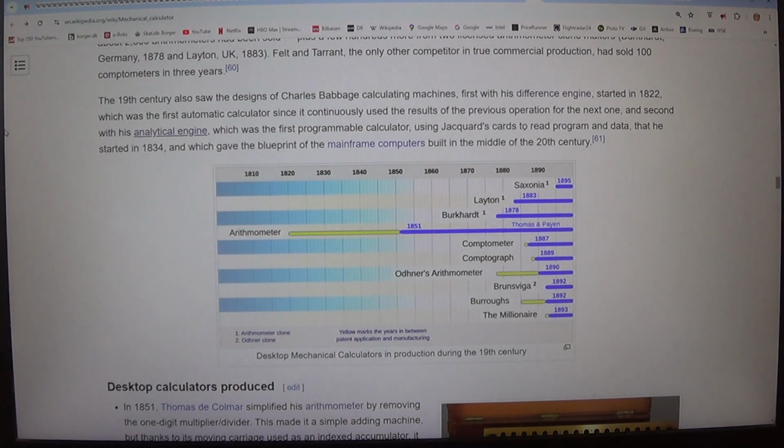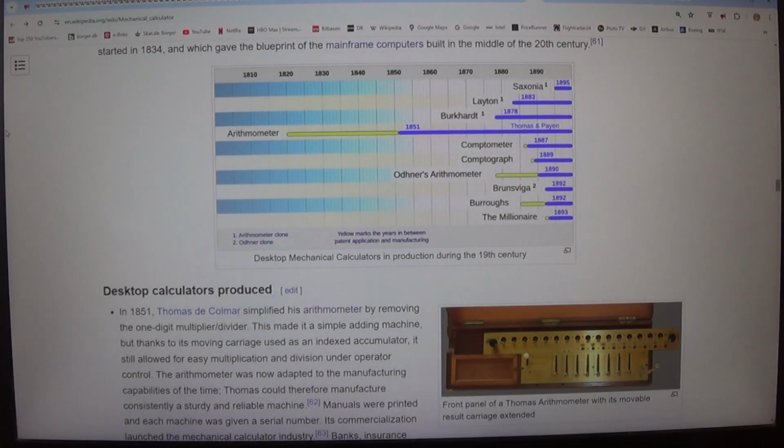Desktop mechanical calculators in production during the 19th century. Desktop calculators produced. 1. In 1851,